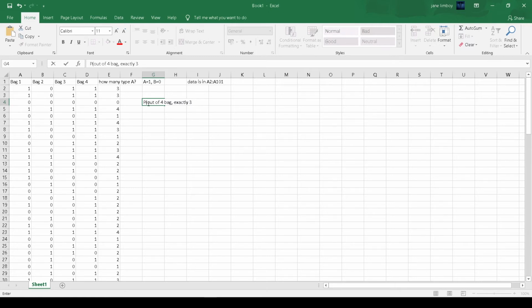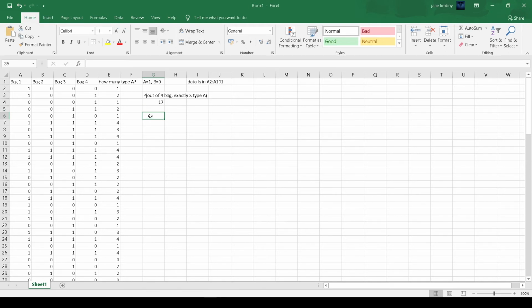Now we are going to find out the probability that out of 4 bags, you get exactly 3 blood type A. To get this, we need to set cell G4 and input equals COUNTIF parentheses E2 colon E101 comma number 3. This tells us that if the number is 3, it will be included or counted, and this gives us the result. For the probability, we will have the value in G4 divided by 100, which is the number of trials or the number of data we have. So we have,